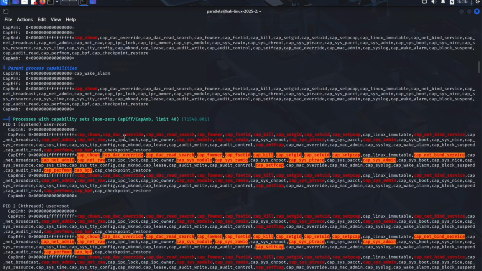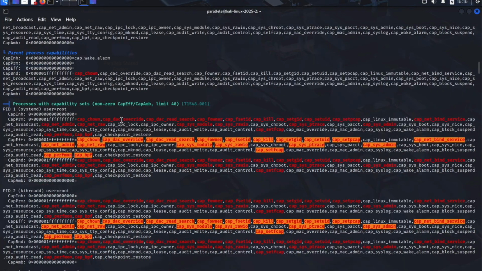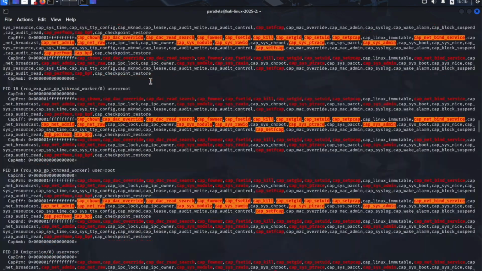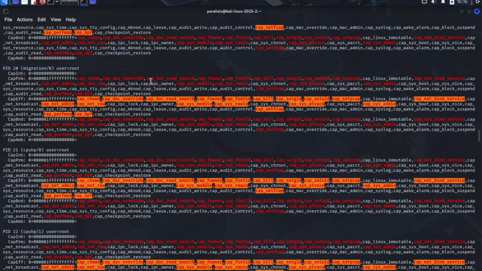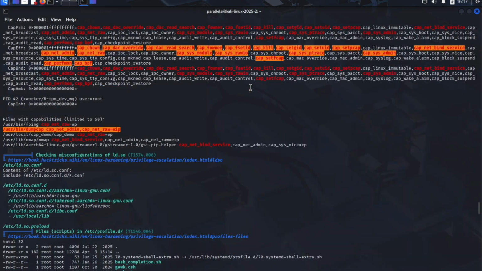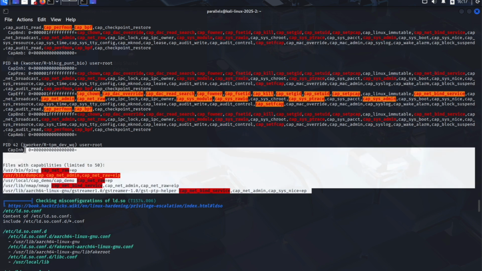After that, we can see that LinPEAS starts listing a lot of capability sets. This output can be really long, as we can see here, because many root-owned system processes naturally run with broad capability sets. So this part is useful as background, but for a first pass, it's usually not the most actionable part of the output. But in the end, we should see something really interesting, which is this part right here, which